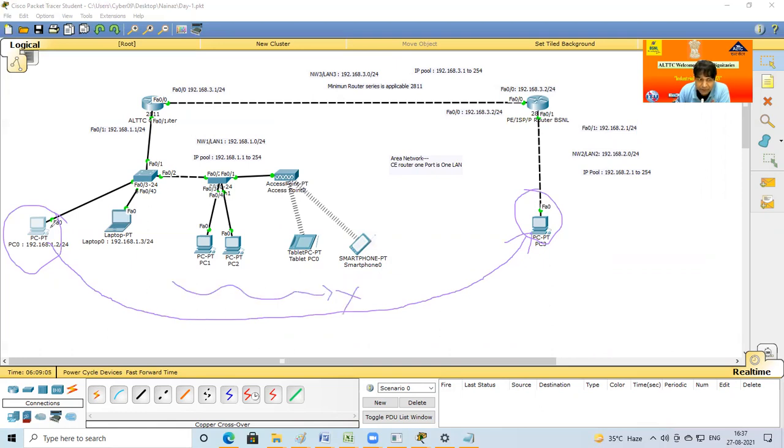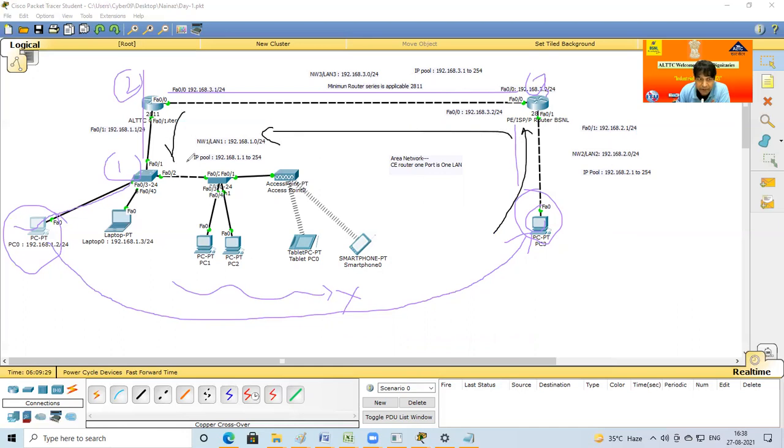What is the path? If I send a message from this PC to that PC, the packet goes to switch number 1, switch number 2, goes to the router and to the other router, then reaches the destination, finally communicates from that location, and the acknowledgement comes back and finally reaches the computer.